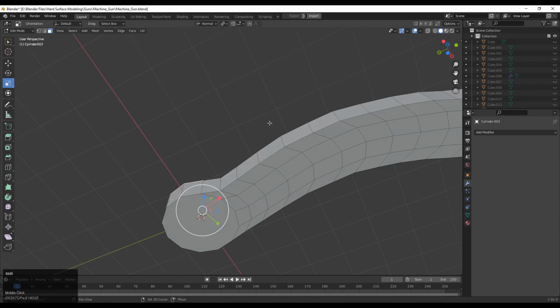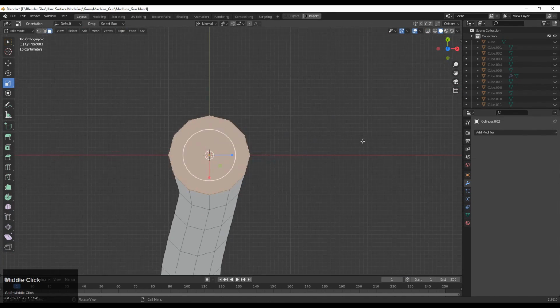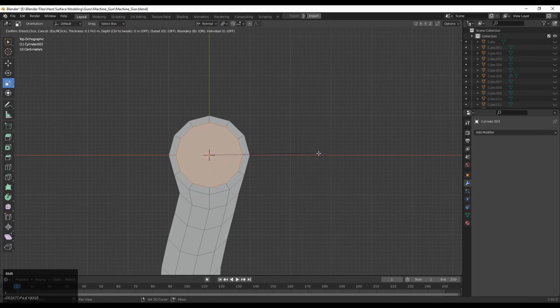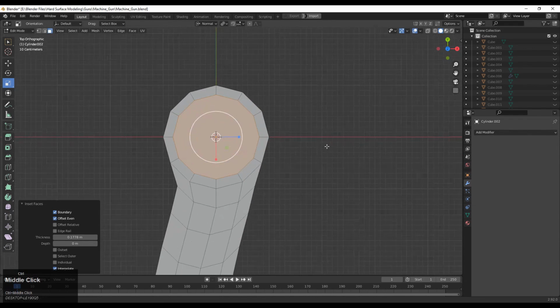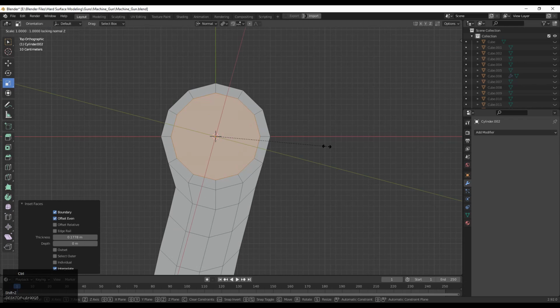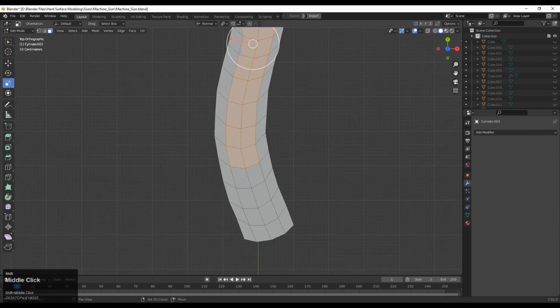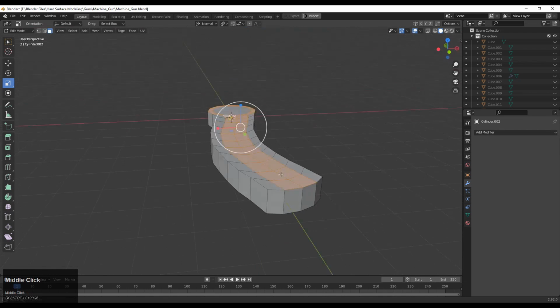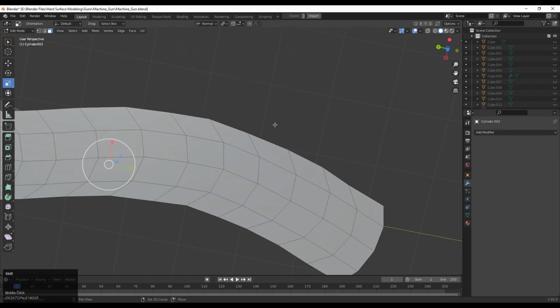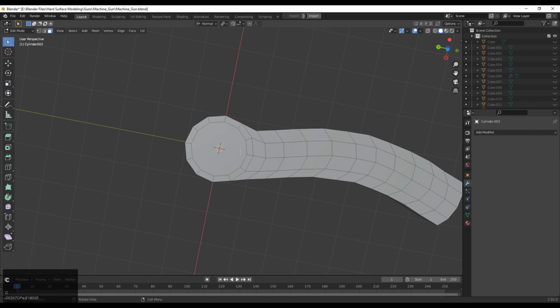Then select these faces and insert. Use I for the insert operation, and we need to add a little bit of design over there. So you can select these faces in a proper manner. From the bottom side also you need to select the faces, otherwise you can use symmetry also.